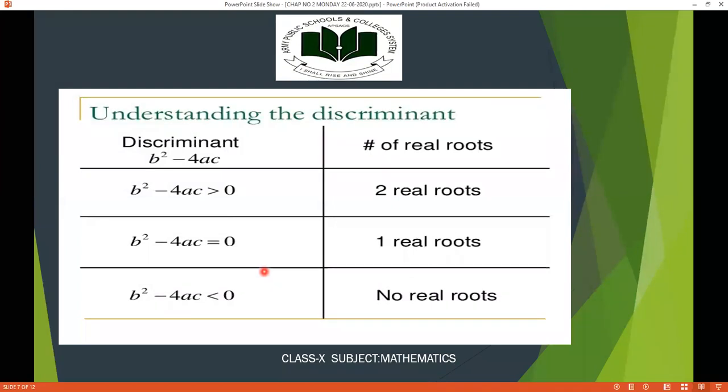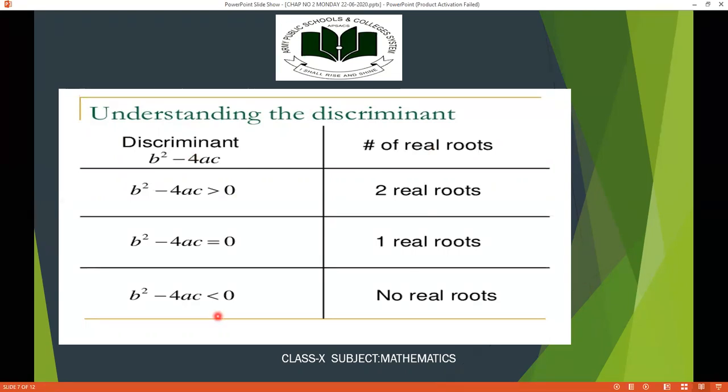Here we are having again how you will find the discriminant. We are having b square minus 4ac. This discriminant, this one part, is from your quadratic formula. And here we are having the number of real roots, and here we are having the discriminant in this column. B square minus 4ac is greater than 0. Again the same thing, that we are having two real roots. If equal to 0, then one real root, and if less than 0, then there will be no real root. There will be an imaginary number with the negative sign.